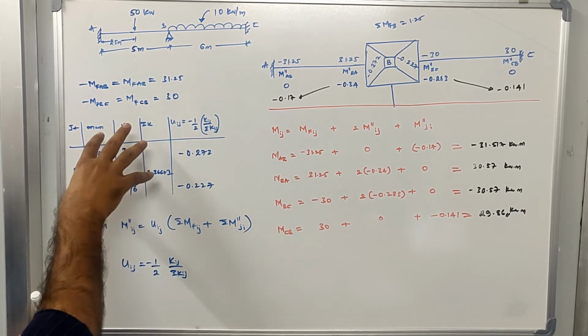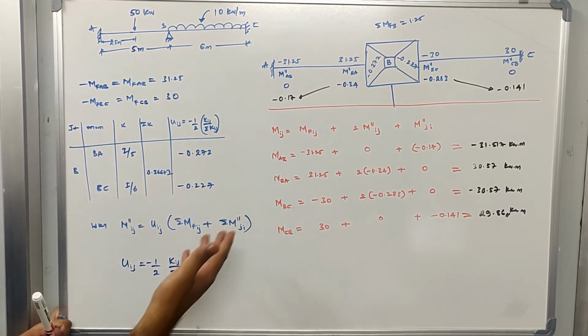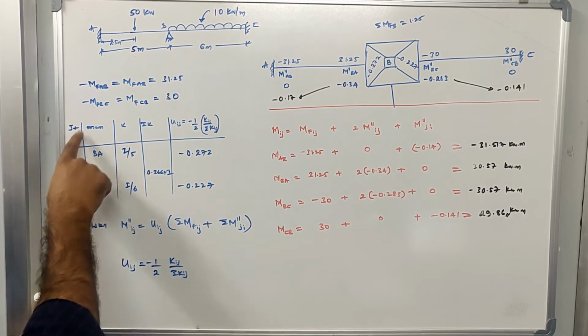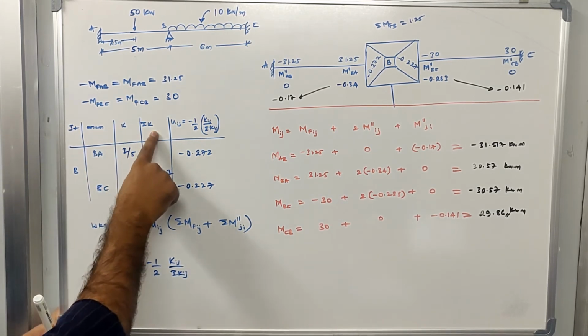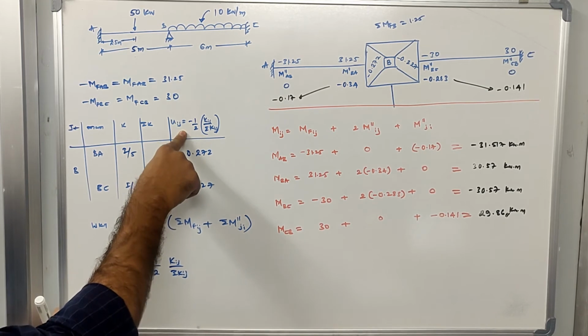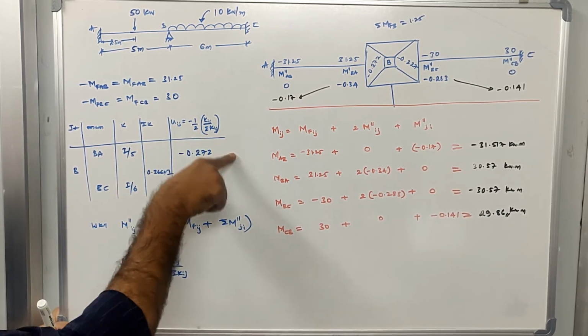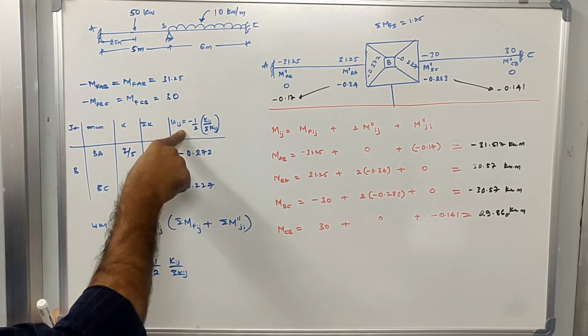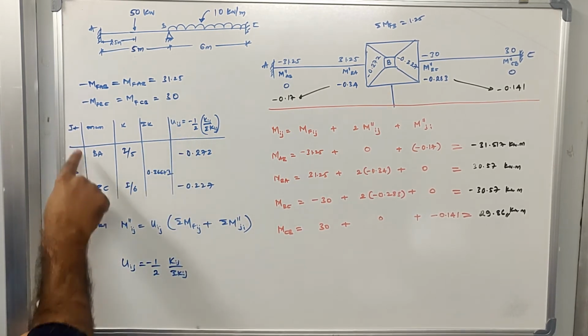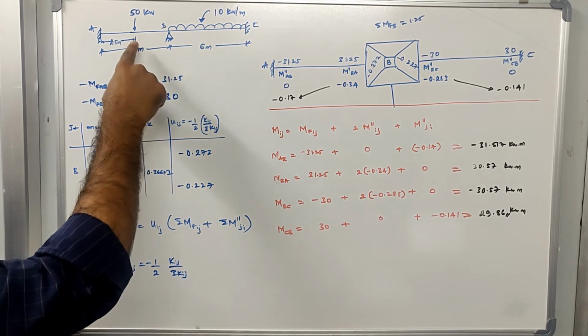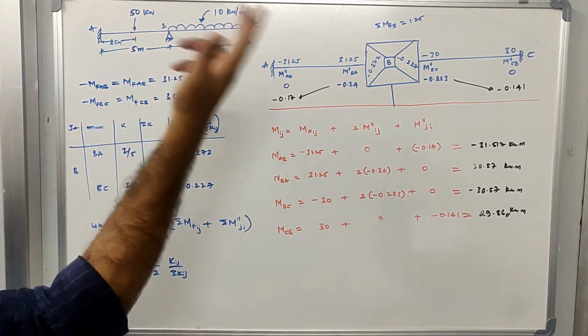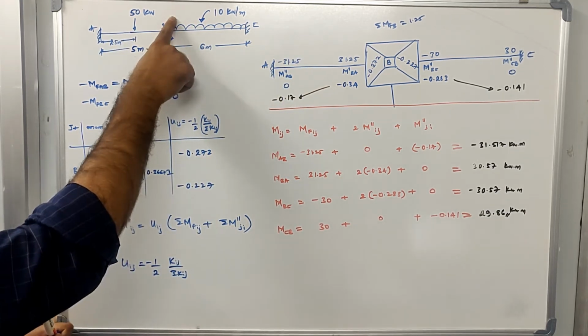This is the same table that we used to calculate the distribution factor, right? So first there will be joint, member, k and summation of k, and then we will calculate the rotation factor. In the previous method we used to calculate the distribution factor. In this method, instead of distribution factor, we are calculating the rotation factor. So we will see how many joints can be considered. This is joint B, which has more than one member, so we will consider only joint B.